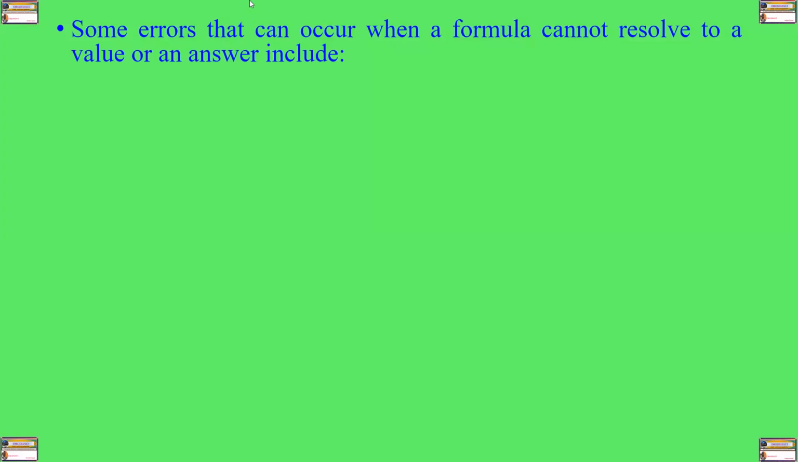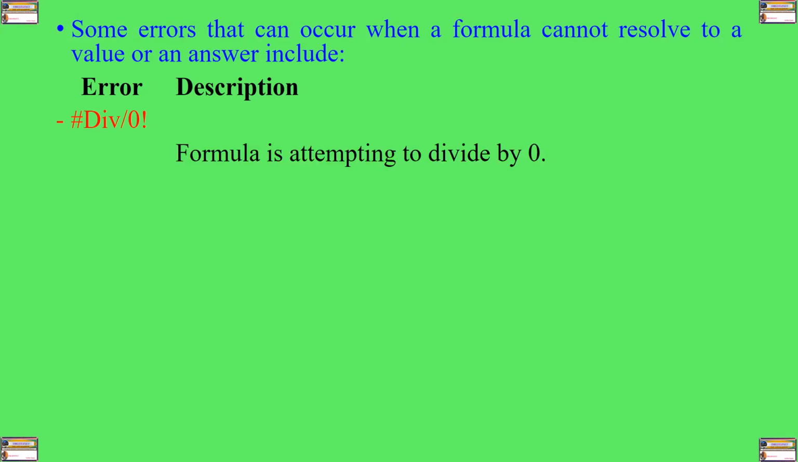When you are making use of formulas, and even sometimes functions, some errors may occur. So some errors that can occur when a formula cannot resolve to a value or an answer include the following. These are some of the errors that you are bound to find in your document or in your spreadsheet in the case there is an error in your formula. So if you come across this kind of an error, hash div 1/0 exclamation mark,